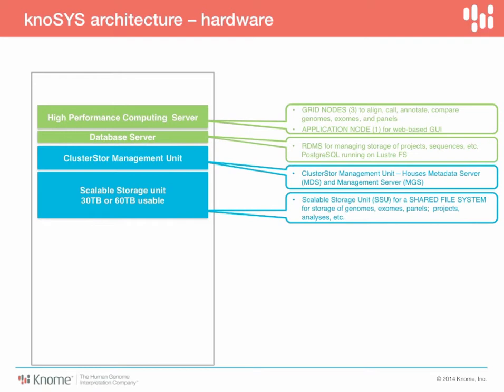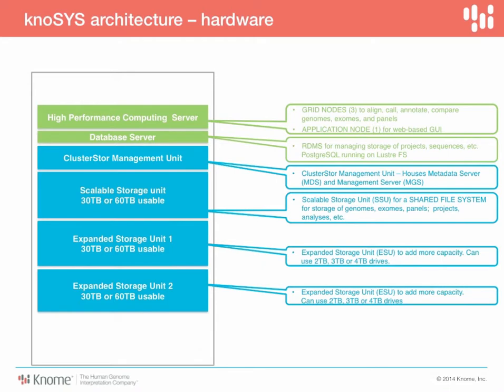Now, this is a very high availability system. It has, as I mentioned, redundancy. It has two metadata servers built in, so one for failover. It actually has the hot spare drive built in, and so it's designed to be very available, as you would expect in a high demand NGS informatics situation. It's also expandable, so we can add extra storage units as your storage needs grow. Even within this one rack, of course, if you outgrow the rack, bigger racks are around, not a problem.